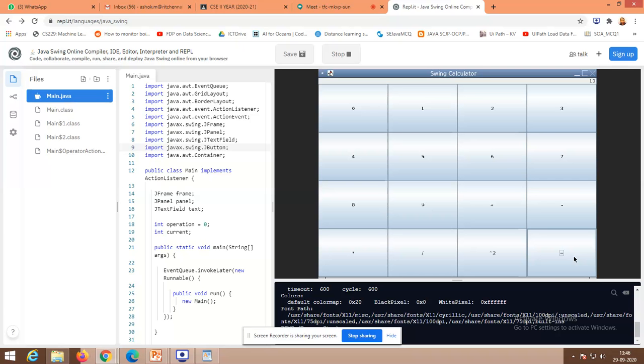It has to be done in a sequential fashion. For that purpose only, the queue has been designed, right? So that could be a very simple and easy exercise. I will share the code in the Google Classroom. Please download the code, execute it, and try to customize it. Customize this calculator in your own fashion, right?